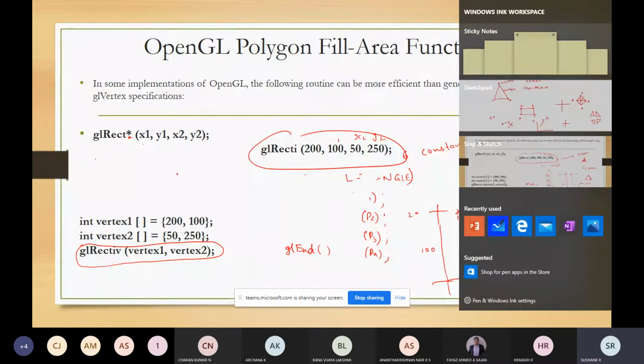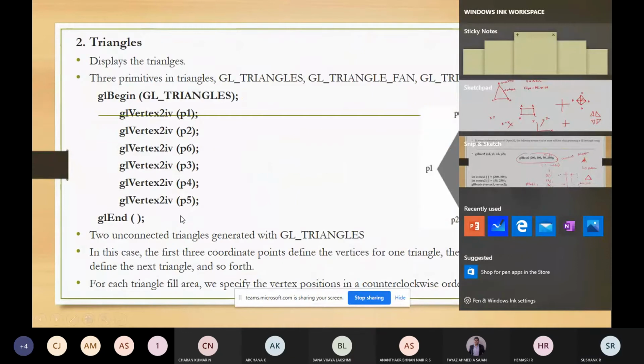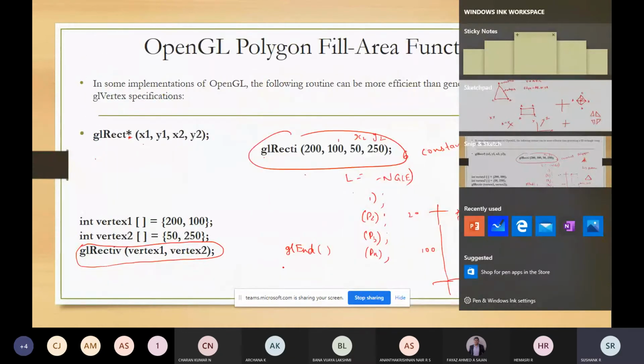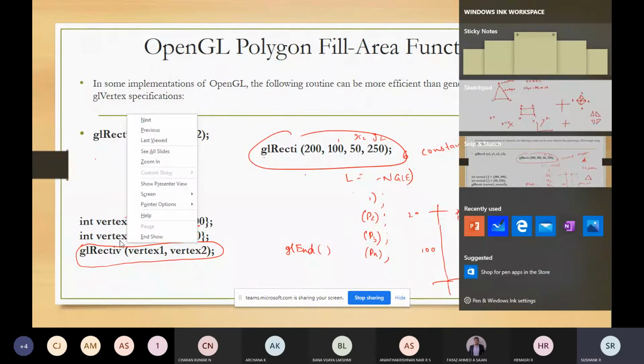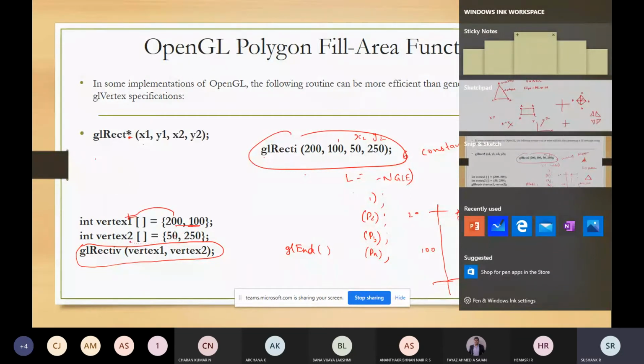Here you are giving the input directly, and here the same coordinates are used. 200 and 100 are stored in vector 1, and 50 and 250 are stored in vector 2. So it's another way of representing.